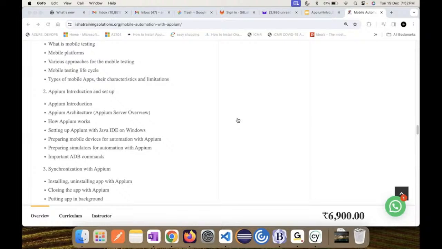Sorry, there is one more question. Do we learn Xcode? We learn only the basics of Xcode, not in-depth, because we use Xcode only to create a WebDriver agent and all those things. So nothing much to it. And to create a particular simulator we also need to know Xcode. So on a very basic level we'll cover how to use Xcode, rather than exploring Xcode in depth. That we will teach you.